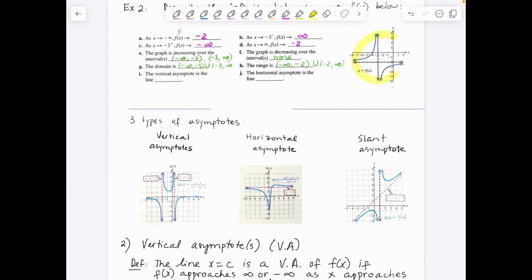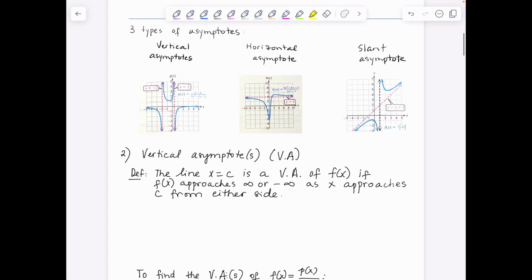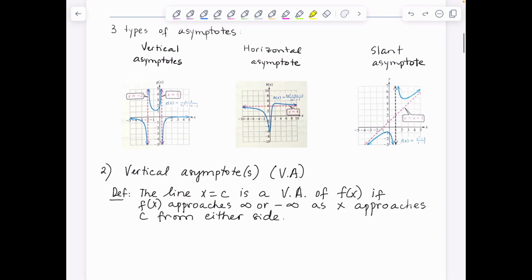Previously, you got to see this graph where it involves some dotted vertical and horizontal lines. So these lines have names. They are called asymptotes. Here I have three pictures of three types of asymptotes. The first type of asymptote is called the vertical asymptote. There could be multiple vertical asymptotes in the graph. So this graph here, as you can see, there are two pink vertical lines, and they help shape the behavior